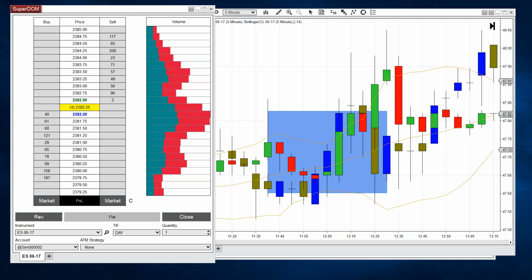Is there any idea on when a NinjaTrader app would come out for smartphones? Yes, I don't have any ETA other than we're working on that now, as it's in R&D phase.